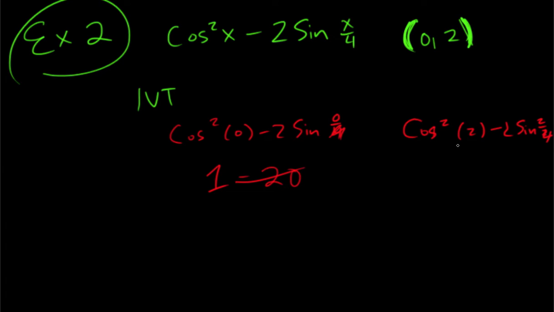Now if I plug this into a calculator, I get negative 0.786. So the only thing that we really care about is that the first one was positive and the second one was negative. So if this is a continuous function, we know that if you're going from positive to negative,